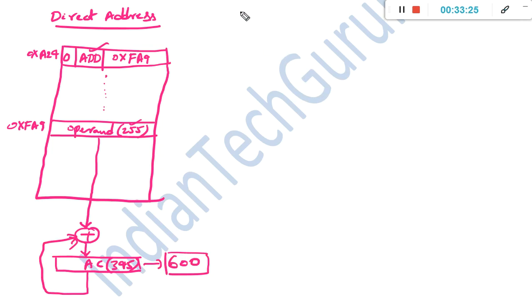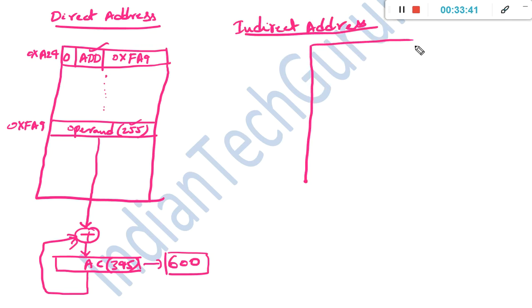Now, if it is an indirect address mode, how does the same operation look like? Assume this is the main memory.